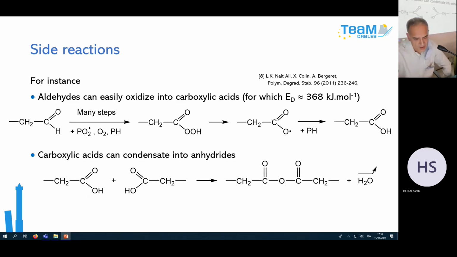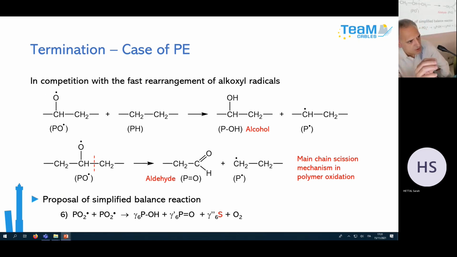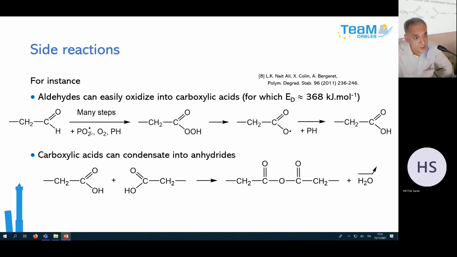All the reactions I have shown you constitute the radical thermal mechanism scheme for oxidation of hydrocarbon polymer. You can use this scheme to predict the trend of the oxidation kinetics, calculate the oxidation rate, and calculate the length of the induction time. So you obtain a very nice result. But you do not have all the products which are formed during oxidation. It is due to the fact that during oxidation, you also have many side reactions, which are not important for the kinetics, but which are important if you want to explain the formation of all oxidation products.